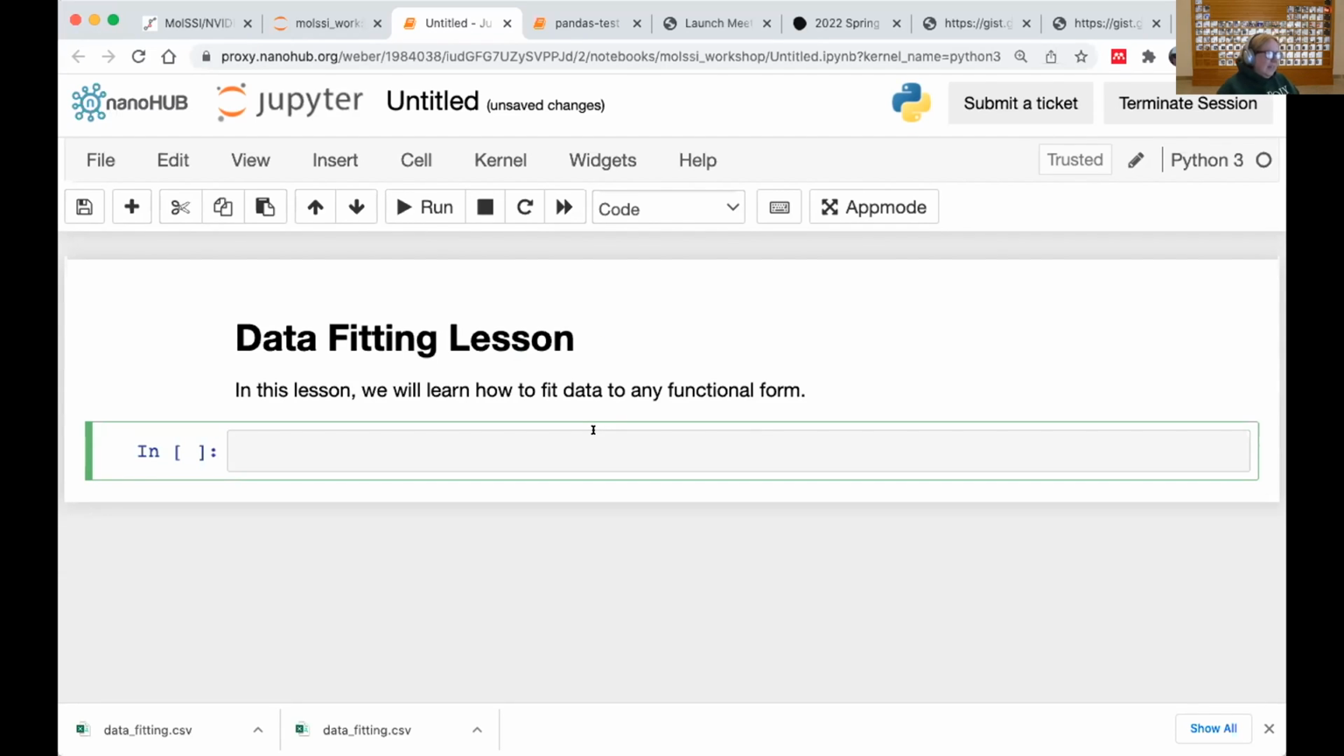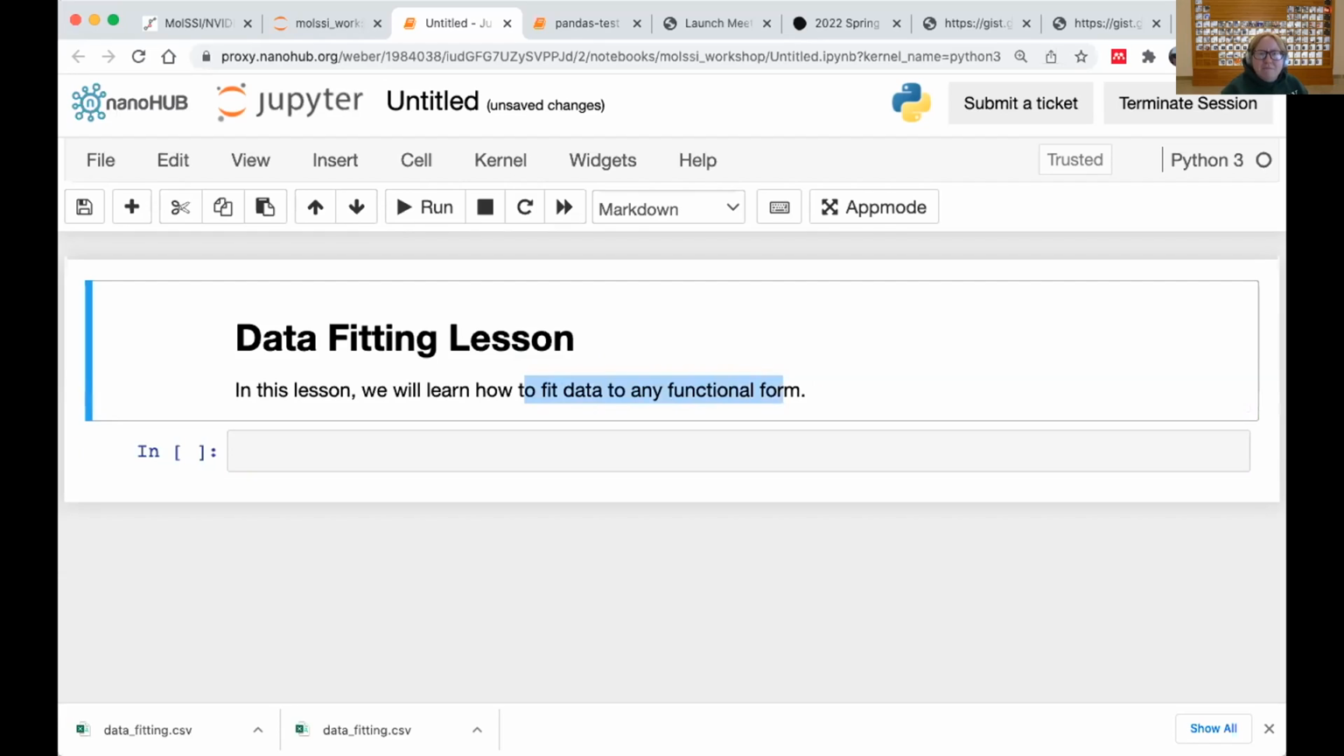I want to mention here what I mean by any functional form, because I think most people have done data fitting at some level before. I know at my institution, we do data fitting even in Gen Chem. If you've made a standard curve in a Gen Chem class and then fit a straight line equation to that data,